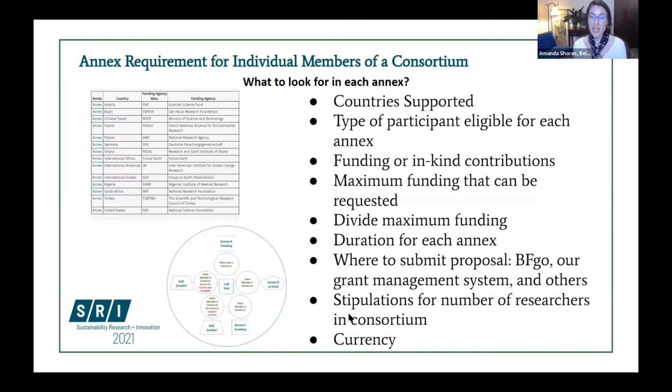And then you would want to know if there are any stipulations on the number of researchers in a consortium. So typically in our overall call text requirements, we have a minimum of 3 participating researchers and stakeholders requesting from 3 different annexes. But it could typically be more sometimes, depending on the annex that you are